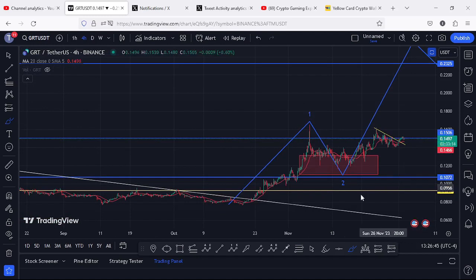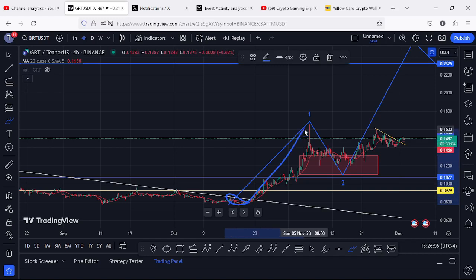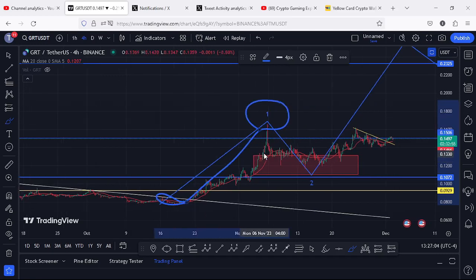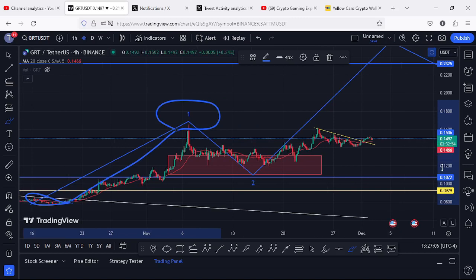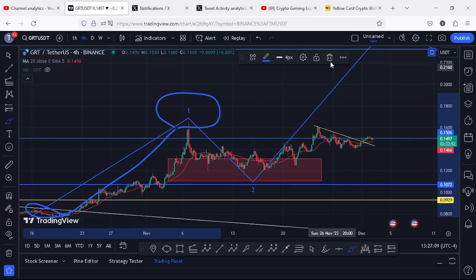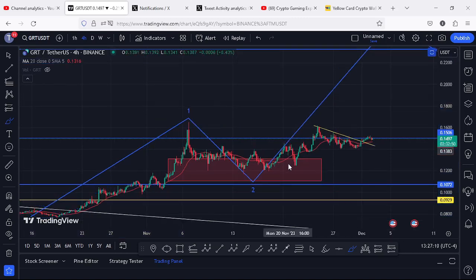my short-term Elliot analysis, you can see that after getting our lows on the 20th of October, we saw this push to the upper side in a move that gave us a high above the $0.16 mark, in a move that I'm terming as the formation of this Elliot count 1 to the upper side. And after seeing the formation of that first wave, whatever we expected next was a bit of a pullback in